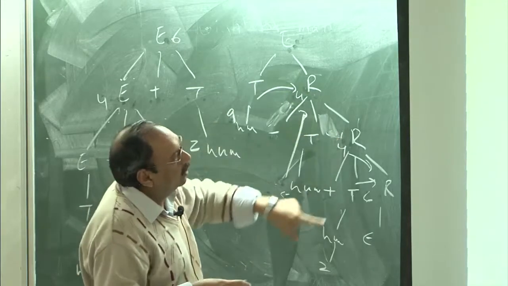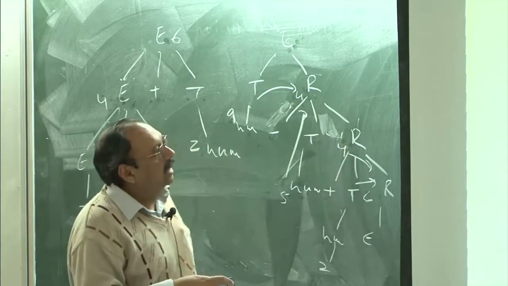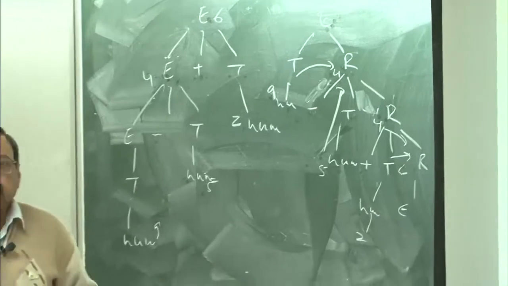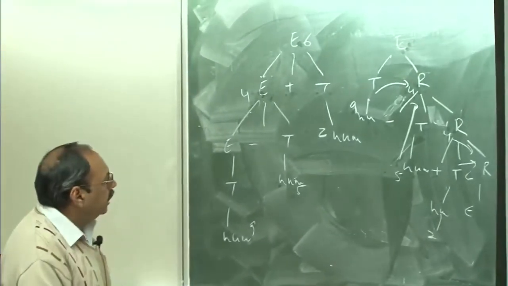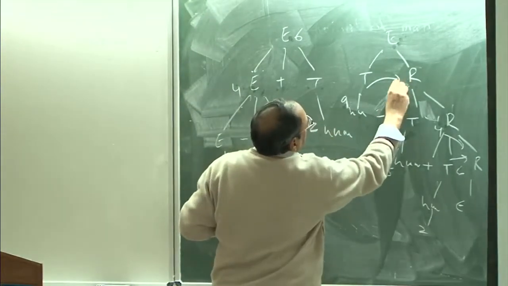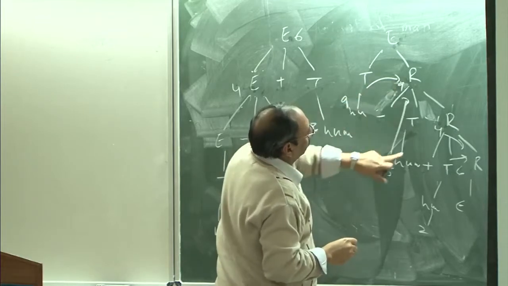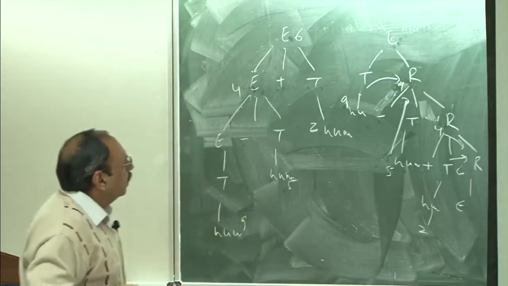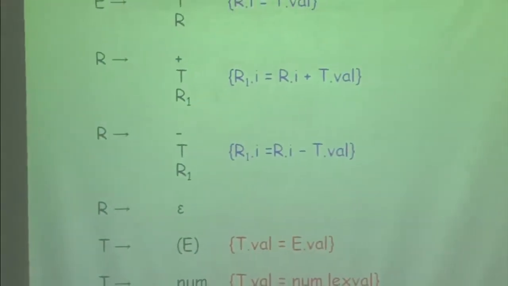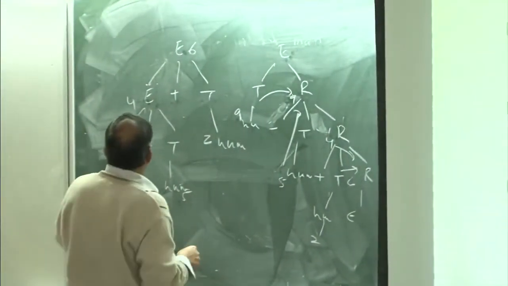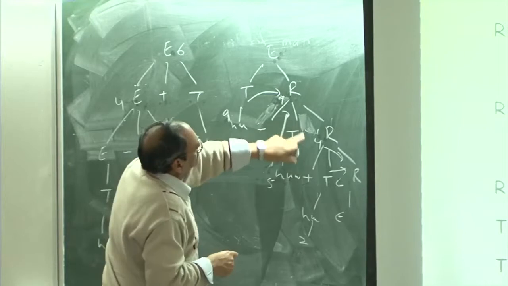So, if I now say R1 inherited, which is this R1, gets a value which is R inherited plus Tval. Now, plus you have to take as an operator. Okay. In this case, it happens to be plus, it could be anything. Now, if I evaluate this, what will happen now? We will say that this value which was 9 here, which I copied, 9 minus 5 gives me 4 here. Okay. And then if I look at this equation, it says R1 inherited is R inherited minus Tval. Yeah, so actually it is 9 minus 5. So, okay, let me have both these rules.